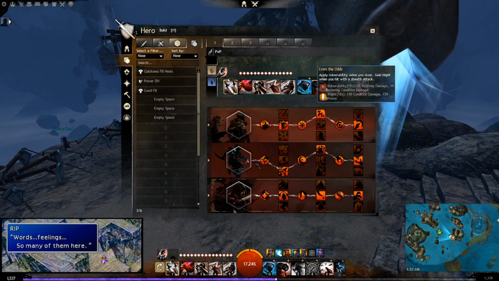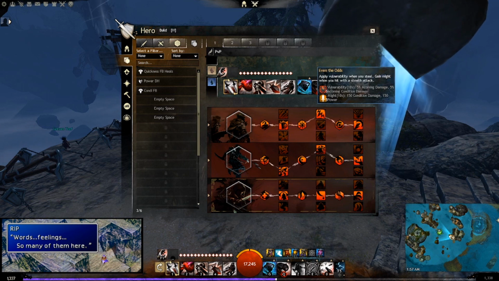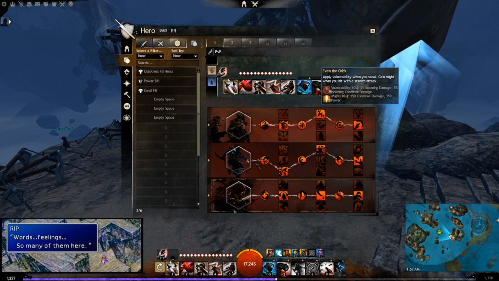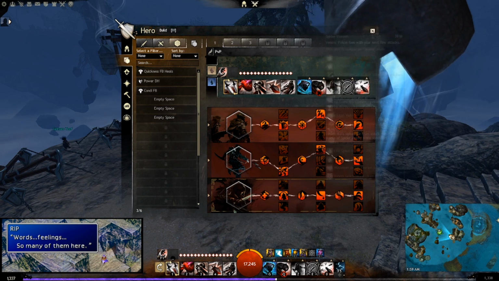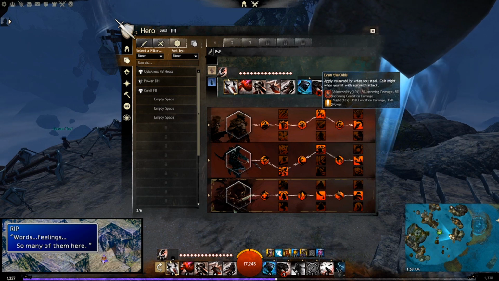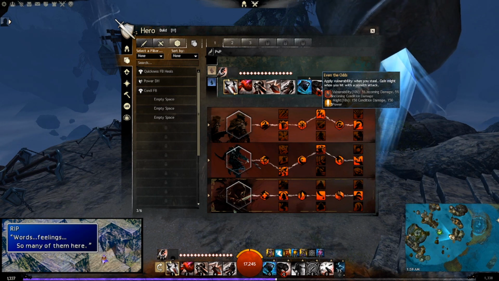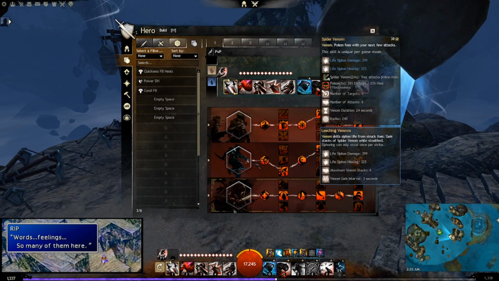And you're using Even the Odds, obviously, because you're going to be doing a lot of backstabs, because you're going to be in stealth a lot. I really like this trait, Even the Odds, because it scales well with Shadow Arts. It scales well with anything that's using sneak attacks. And as you can see, Shadow Arts also has some pretty good sneak attack synergy,